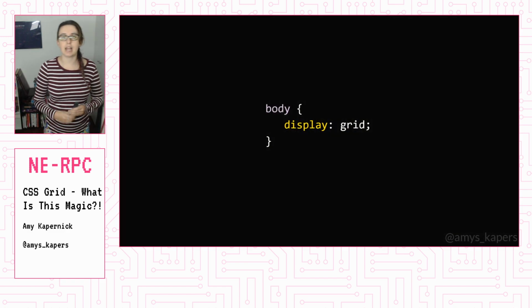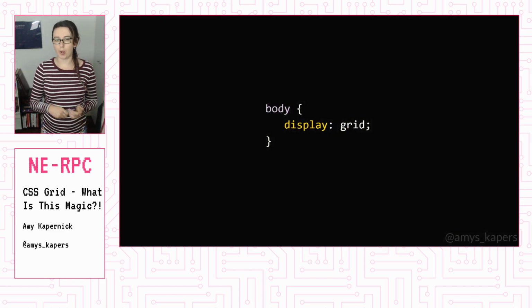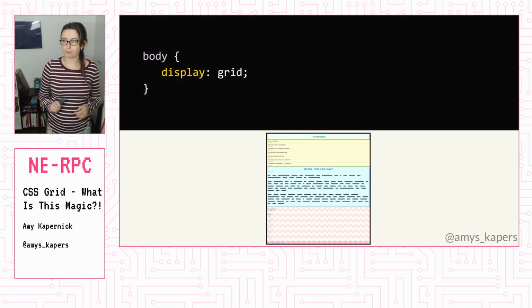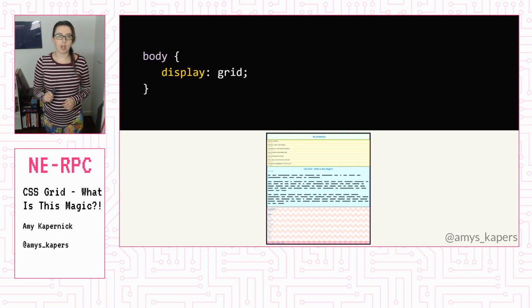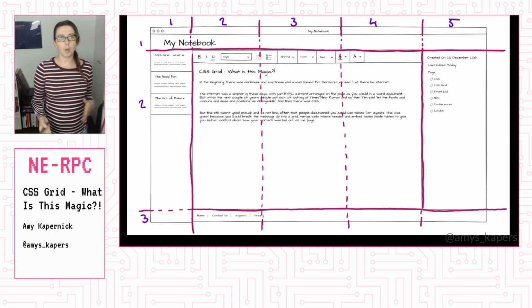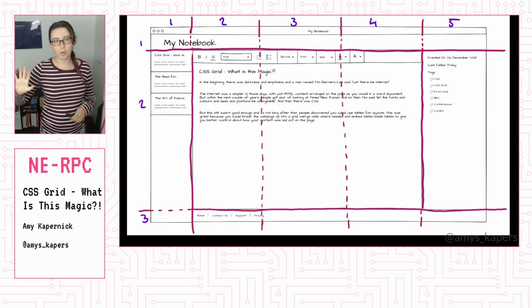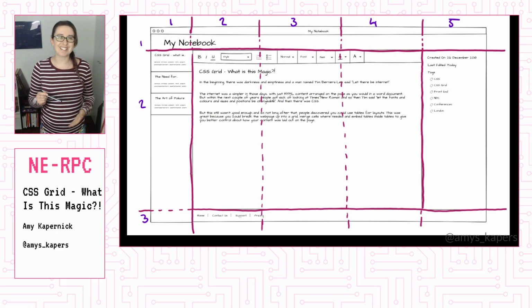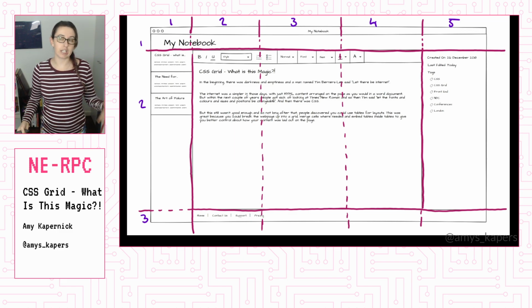First up, we're going to set display grid on our body, which does absolutely nothing just yet. Next, we want to try and break up our application. So here on the wireframe, I've split our application up into 5 equal width columns. Yes, those are totally equal width, can't you tell? With a fixed height header, a fixed height footer, and then most of the content taking up the remainder space